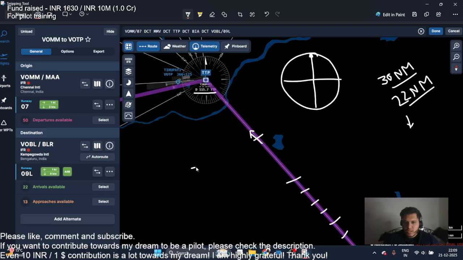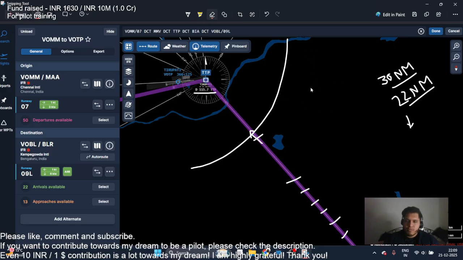Now if Tirupati has an approach radar, let me erase these things. If Tirupati has an approach radar, then he will vector you in basically. So if runway 08 is active, he will vector you in towards the downwind, then towards the base, then towards the finals. But if approach radar is not there, because in VATSIM Tirupati approach